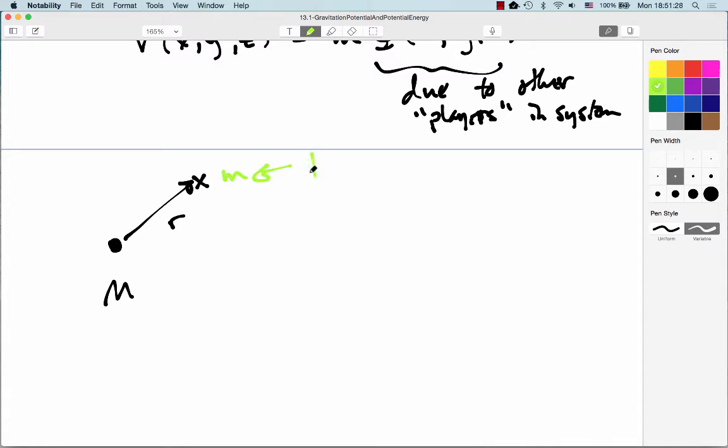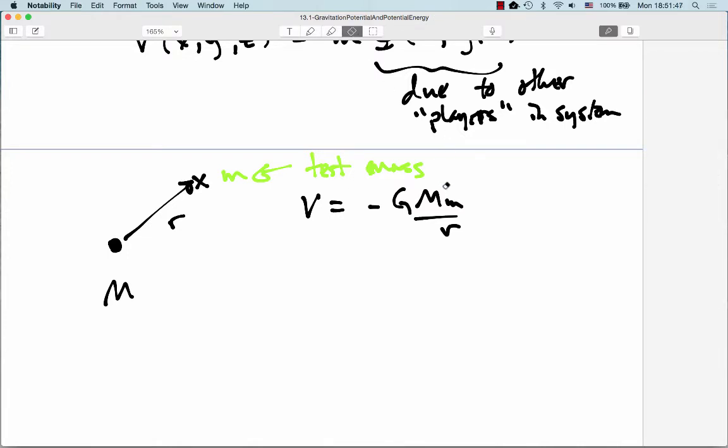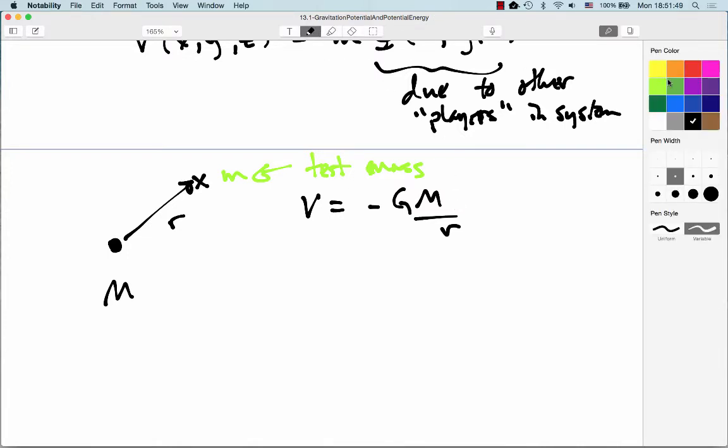So this is just a test mass. It doesn't really even exist. It's just a figment of our imagination. But we could go ahead and say that the potential energy of that system would be minus GMm over r. All right. Actually, let's make that m